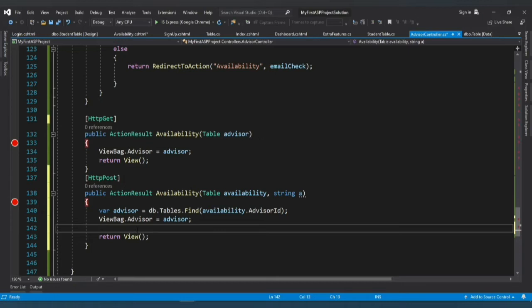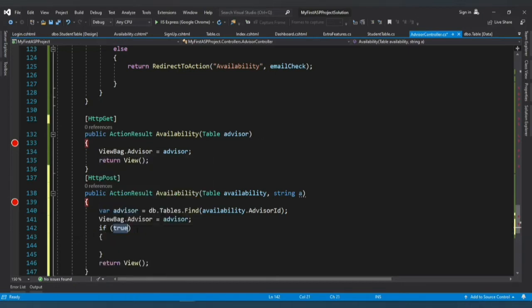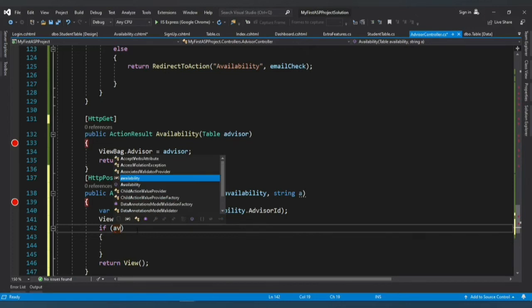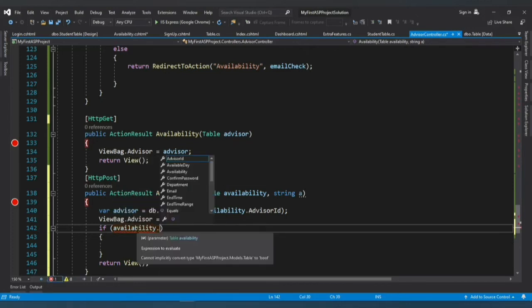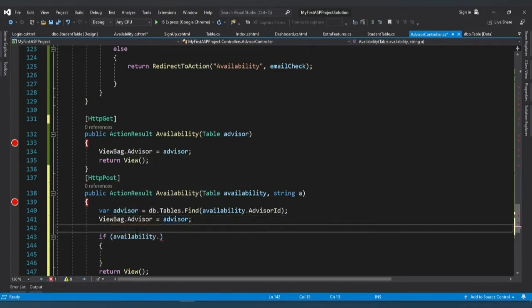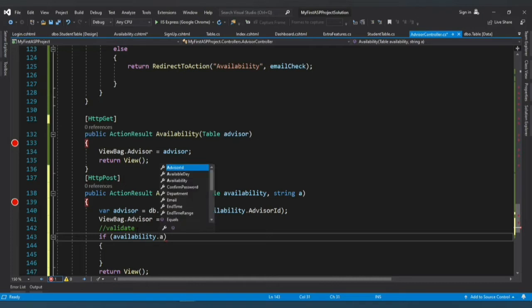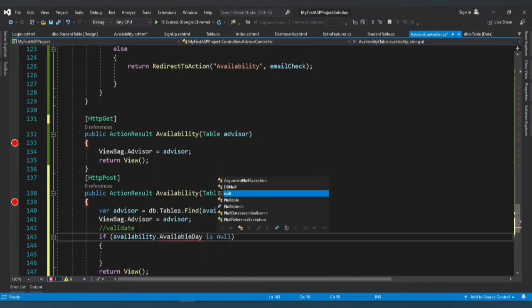So we're going to validate here. This is to validate. So if availability.availableDay is null, or availability.startTime is null, or availability.startTimeRange is null,